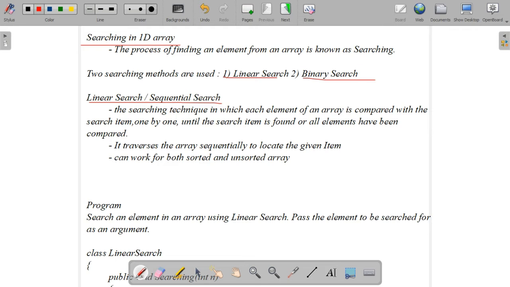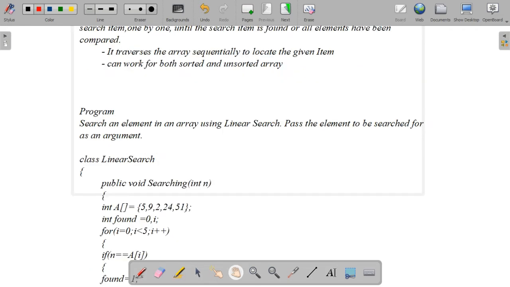It can work for both sorted and unsorted arrays. So linear search means we are searching for an element in an array, comparing each element with the search item one by one until the search item is found. So let's see a program to understand how it works.